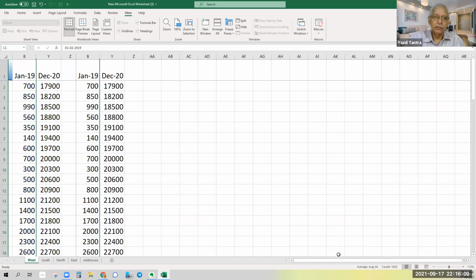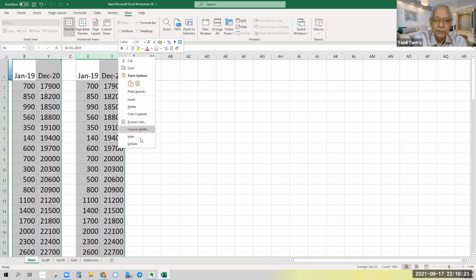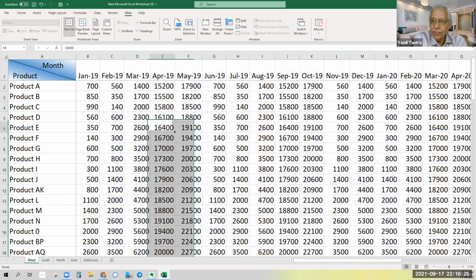I have column B and I have column Y, and in between everything is hidden. And I can again select both these and say right click, unhide, and all my columns are back. So this is one way of looking at it.